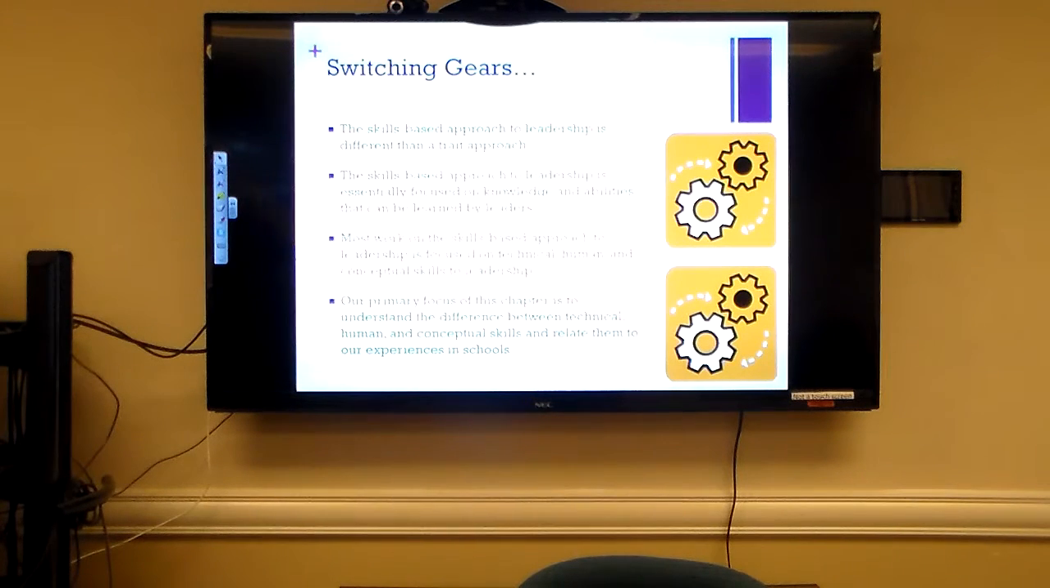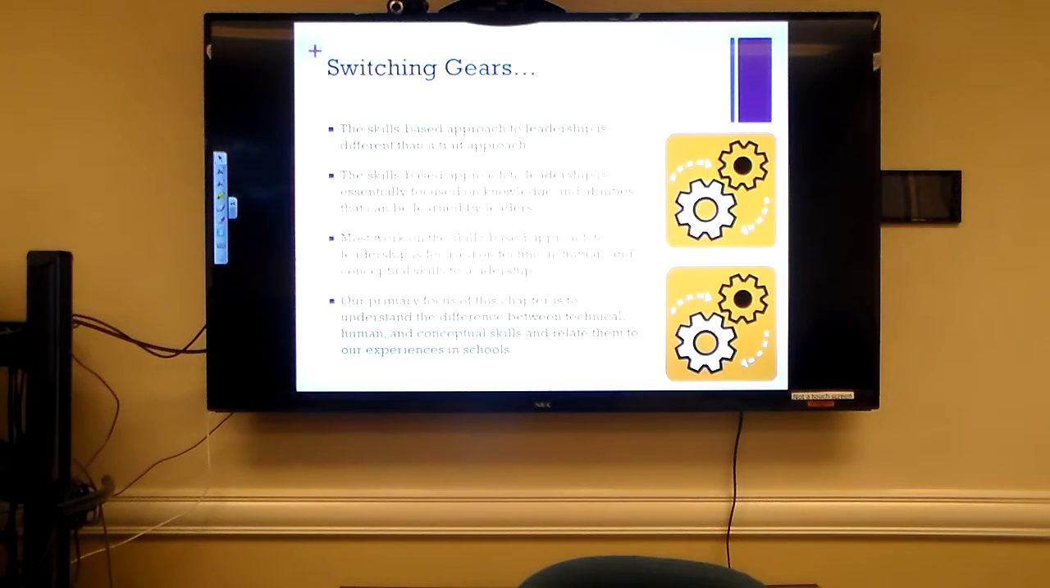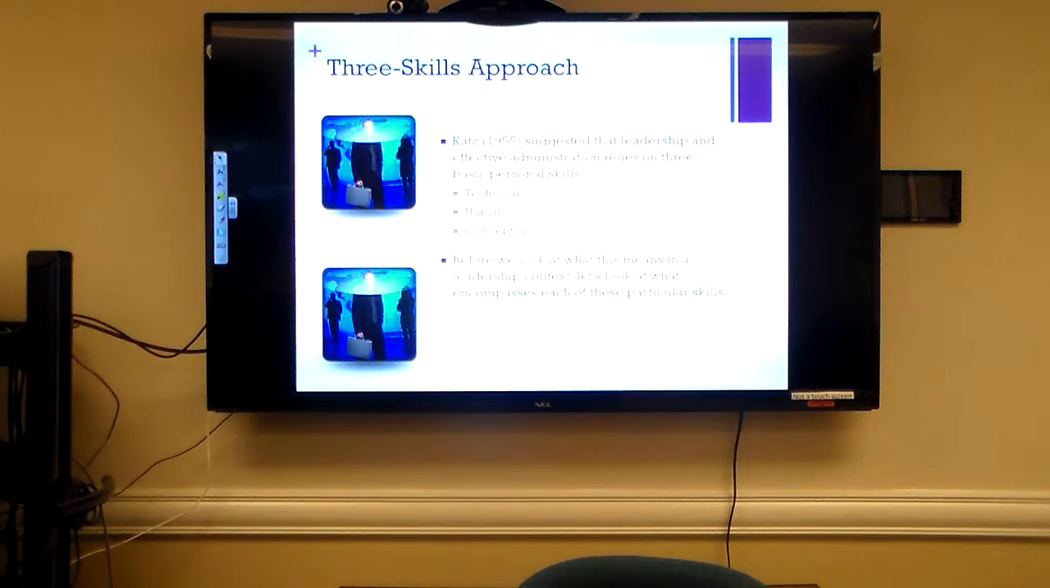Under the skills-based approach, we're worried about technical, human, and conceptual skills, and we also have this belief that leadership can be trained and it can be learned. So the big idea from this chapter is this notion of technical skills, human skills, and conceptual skills in leadership. Let's look at each of these skills one at a time before we look at what this means in an